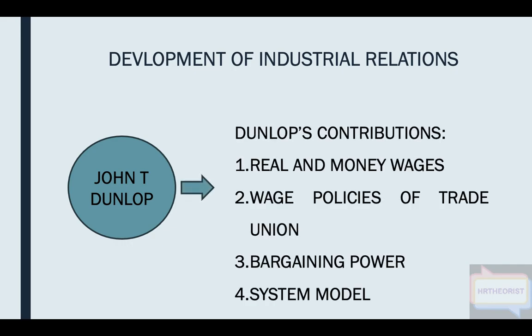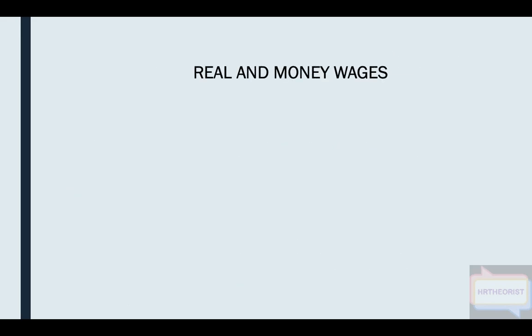Dunlop's contributions. First, real and money wages. Second, wage policies of trade unions. Third, bargaining power. And fourth, system model. Real and money wages: Dunlop examined the relationship between real wages, that is purchasing power, and money wages, that is nominal wage rates. He analyzed factors that affect the level and growth of real wages over time, such as productivity,